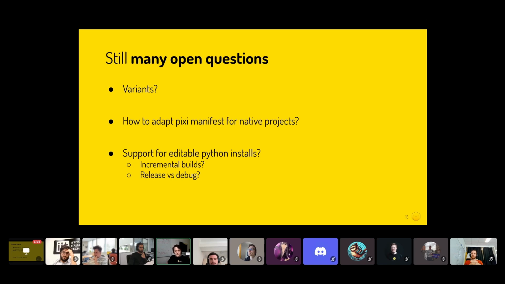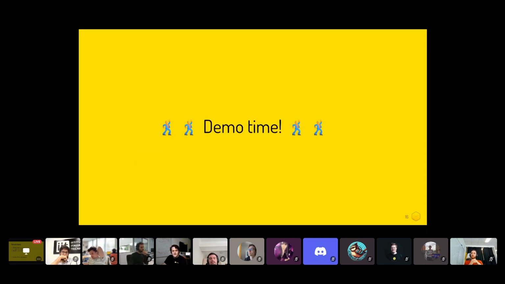information from previous builds? And also, when you publish a package, you want a release build, but when you debug a package, you might want a debug build in the case of C++. So how do we deal with that? So those are still some unanswered questions. And there are more. So let me show you a little bit of a demo of what we can do